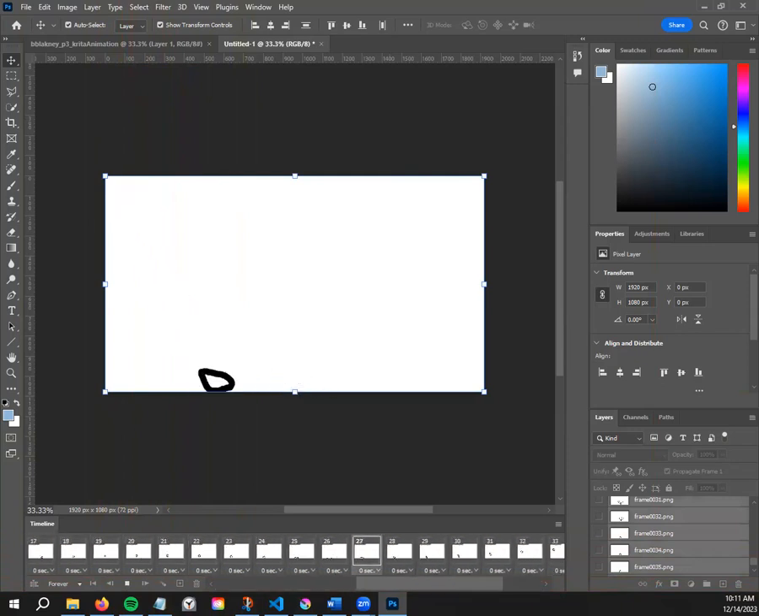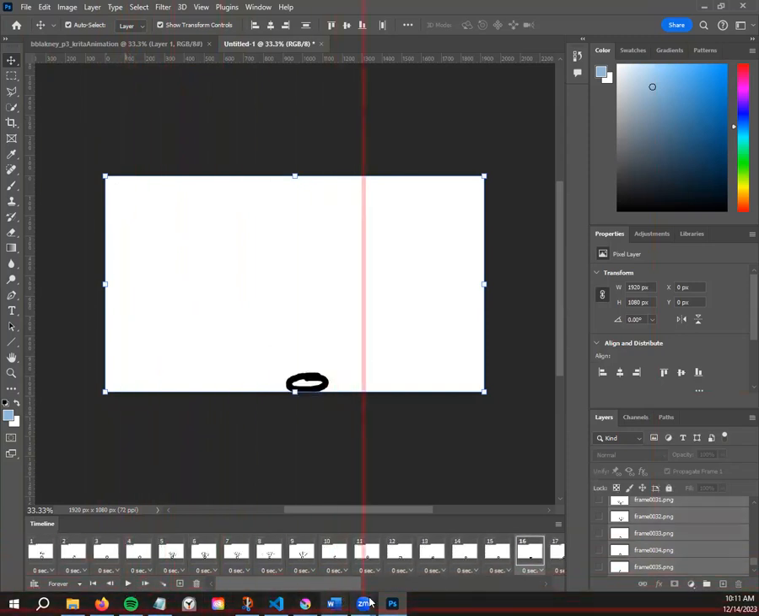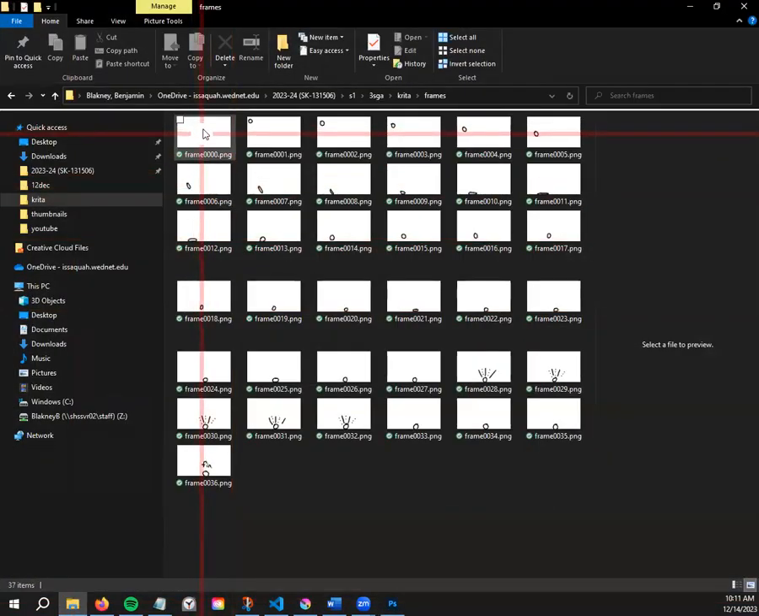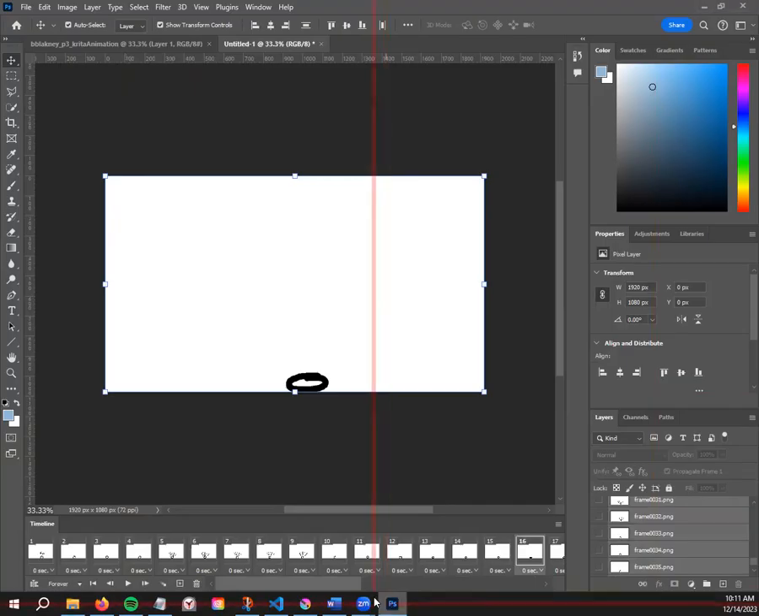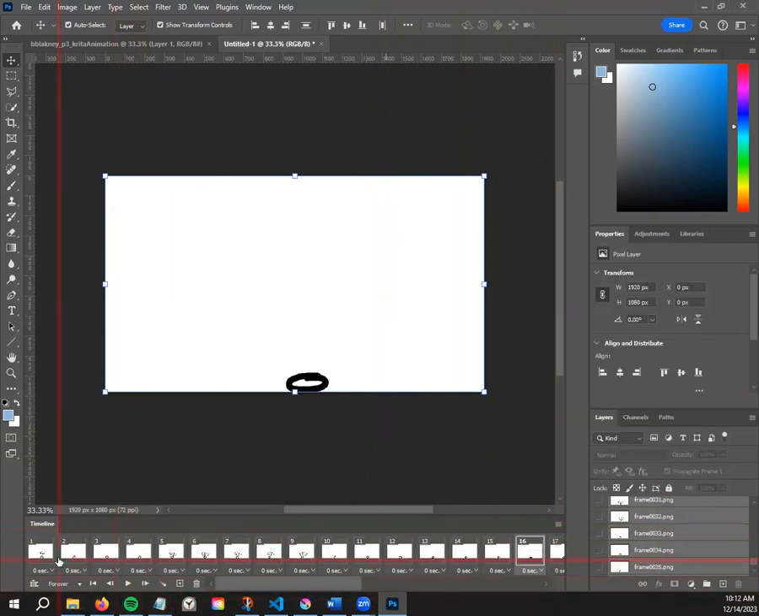You may be noticing mine's going the wrong way. It is not imported in the correct order, even though I set it up to import based off my frames. If we go to, I lost my frame. There we go. It does start at 0 and goes to 36, so it should be in the correct order. To fix that, what we're going to do,